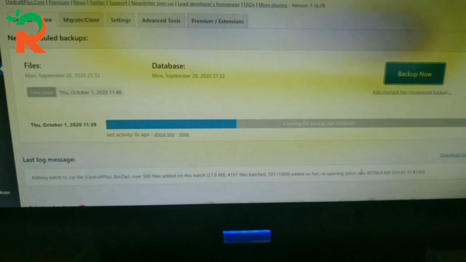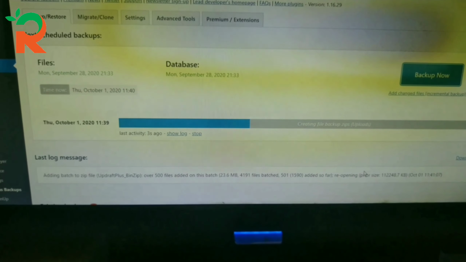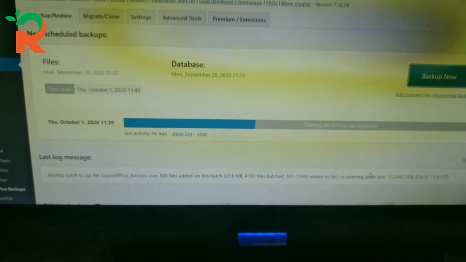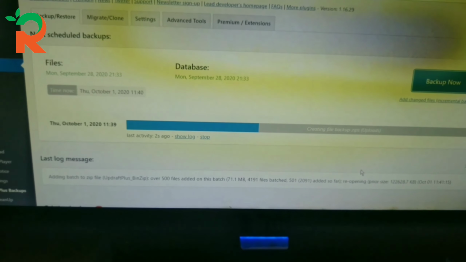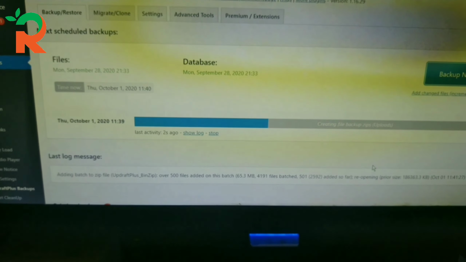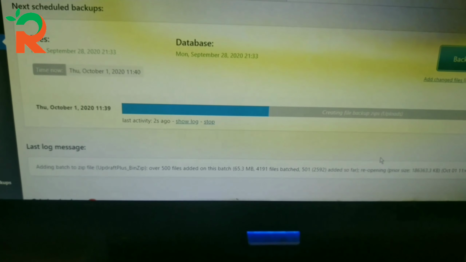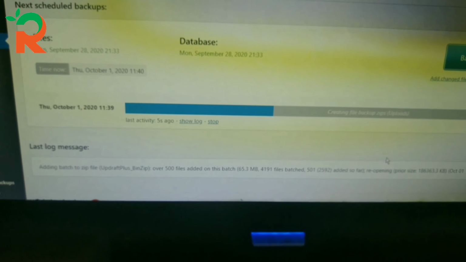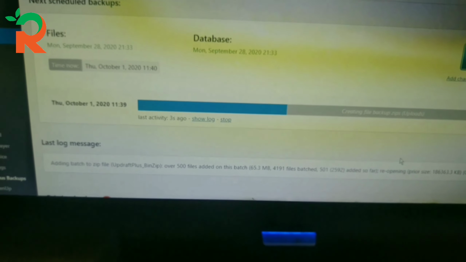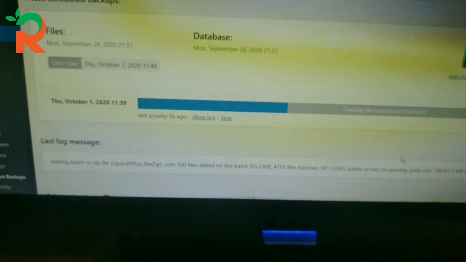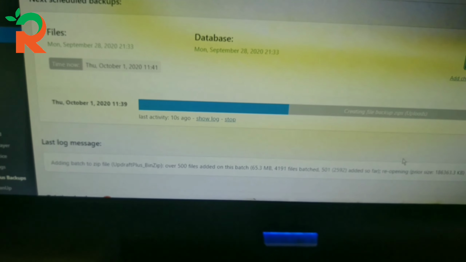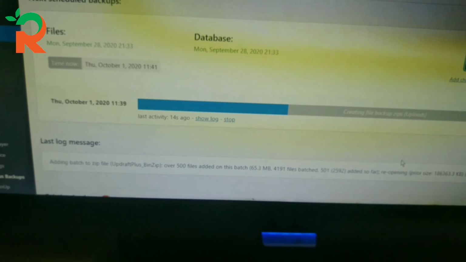So I found a method. That is what I want to put before you. See now, up to this level it was somewhat fast. Although it is related to the connection speed, sometimes it may create a problem for you. You have to wait for minutes, sometimes hours, sometimes days.